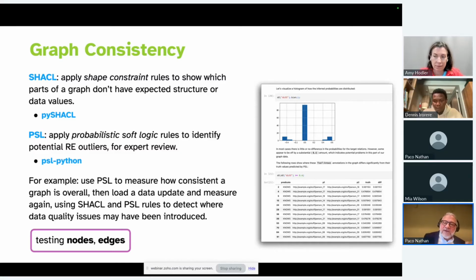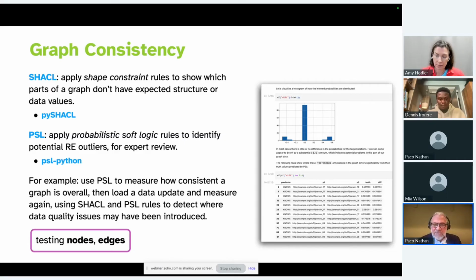You can get a probabilistic measure for how consistent the graph is overall, and for each individual entity, what's the likelihood of it. If there are outliers, you can zero in on them and inspect them, maybe change them. If you're building a graph iteratively, think about getting a PSL measure.